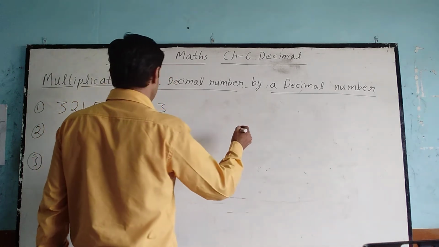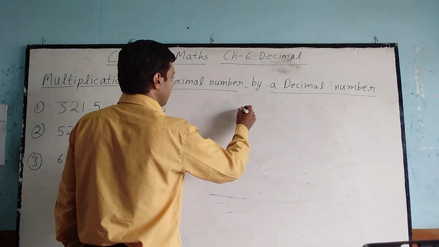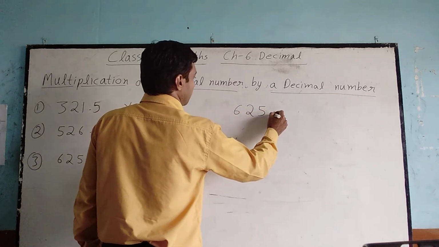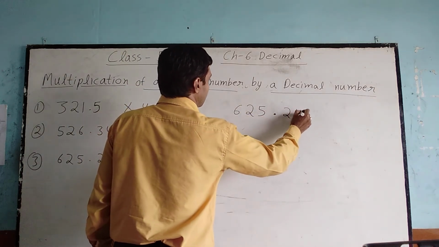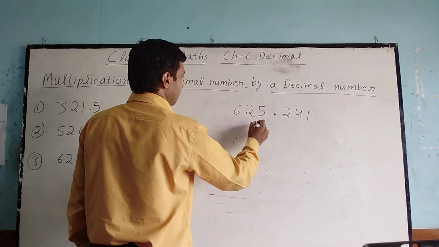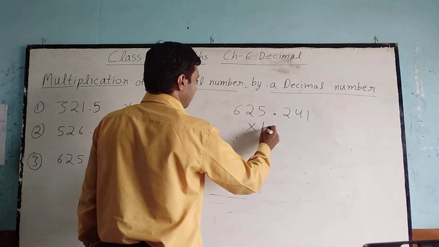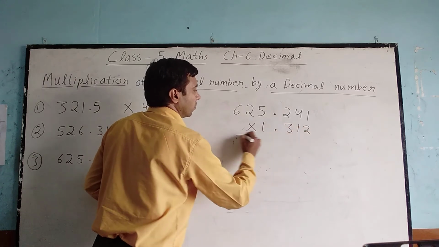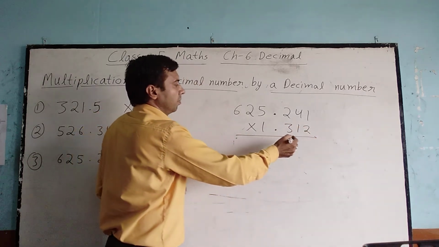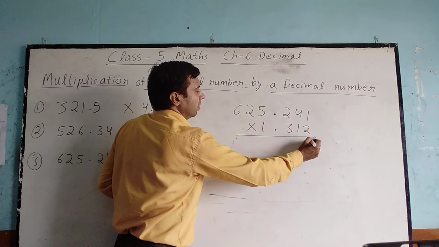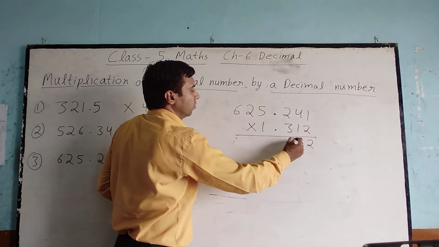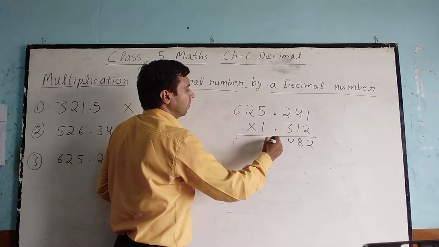Now next question, 625.241 multiply 1.312. Now student, multiply 2 multiply 1, 2, 2 multiply 4, 8, 2 multiply 2, 4, 2 multiply 5, 10,